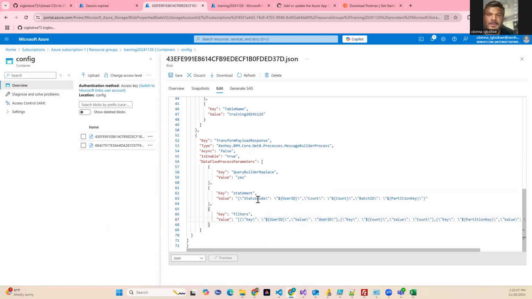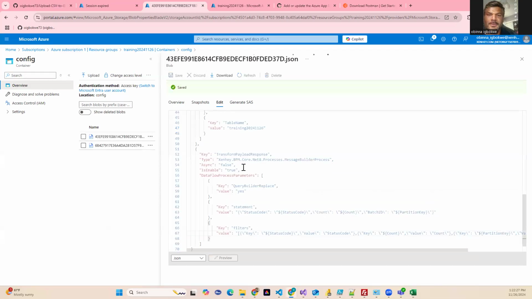So I want to get the status back. We want the status code, is what we wanted. And we wanted the count, right? We have the count, and then we have the batch ID, which is part of the partition ID. In this case, because I mistakenly put user ID in here, I need to correct that. So I already want the status code from here, and the status code is what we want back here. If I save this now, this is like correcting things in real time, and I go back to my code base